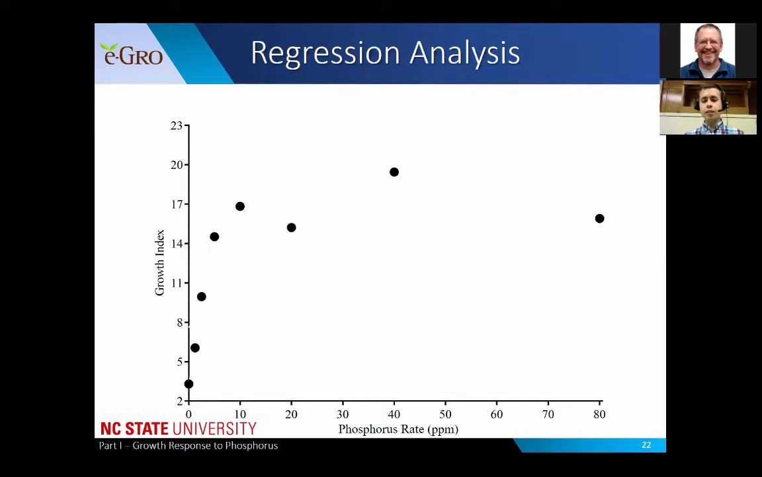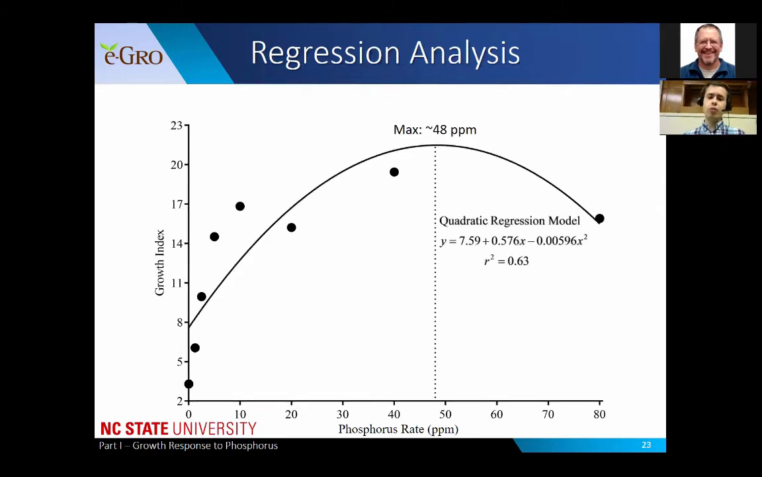And now what we would typically do in floriculture plant nutrition is we would fit this type of data with a quadratic regression model. And here you can see that it follows the data points fairly well. It could be better, but it typically follows the trend of rise and then fall. And from this model, we would determine that the optimal rate of phosphorus to reach maximum growth is about 48